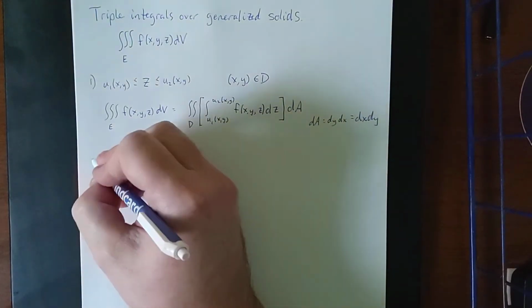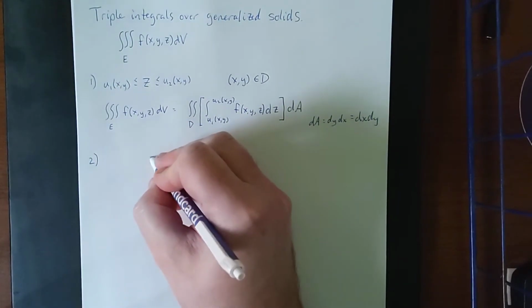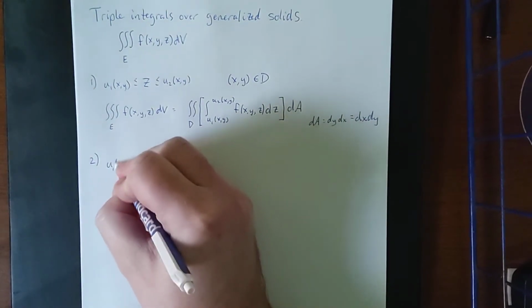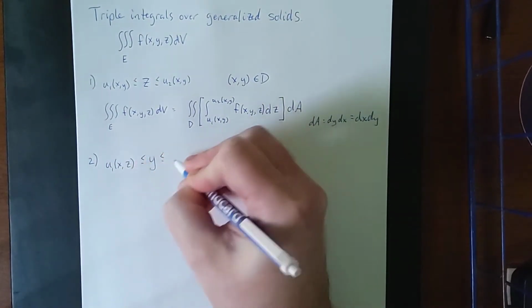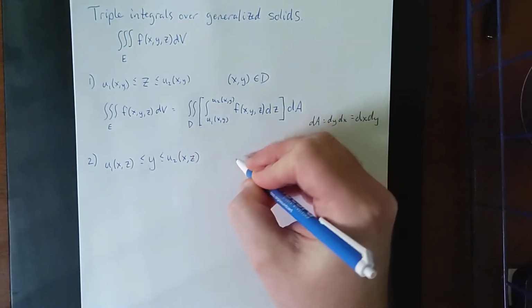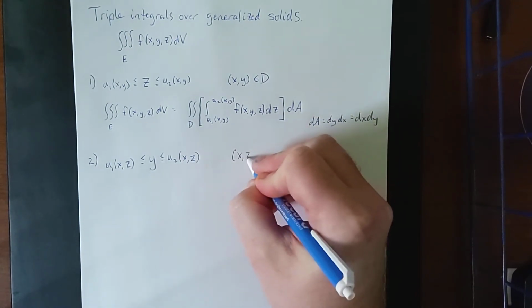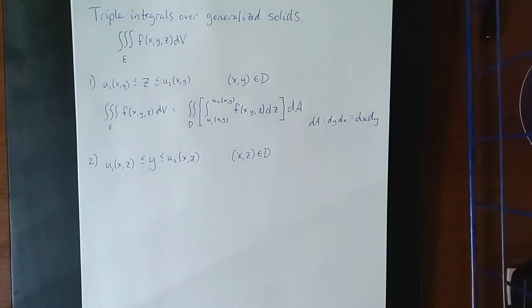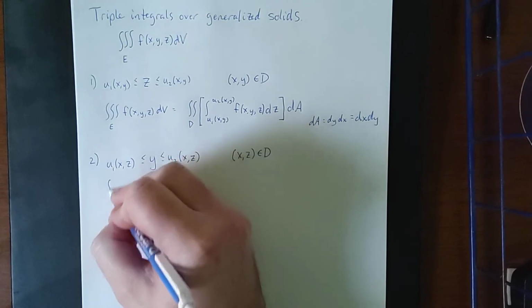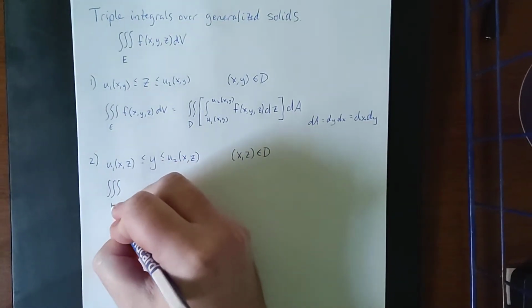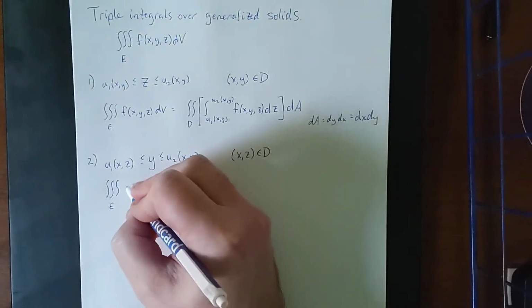Second possibility is that we could bound y in between two functions. We'll call it u1 of x and z and u2 of x and z. And this is where all ordered pairs xz can be found within some domain D. In this case, we're setting it up so that we would be integrating with respect to y first. So the triple integral over the solid E